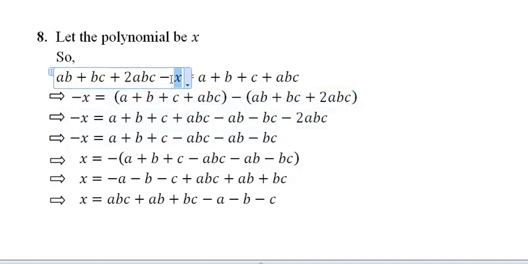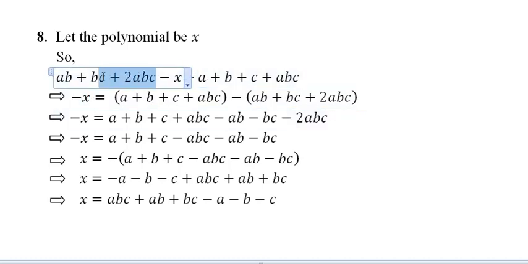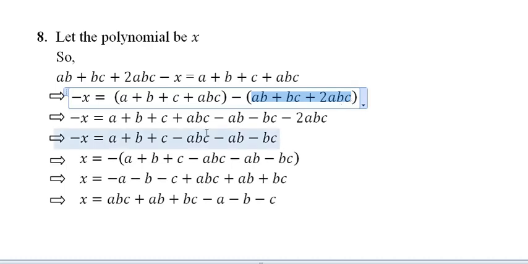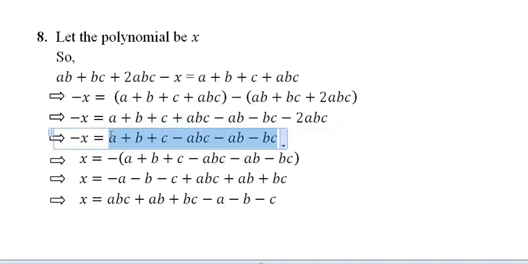Okay, the sign of this x is minus, so you will write minus x out here. And when you move this entire expression towards the other side of the equals to, remember that we have to keep them inside the bracket like this. Okay, so open the bracket now. When you open the bracket, the signs will be changed for the second term. Arrange them, or you can perform the mathematical operation here only. So this is plus ABC, it is minus 2ABC, so it will be minus ABC out here in the next term. Okay, so you will get this.